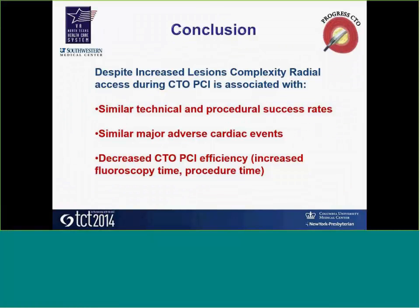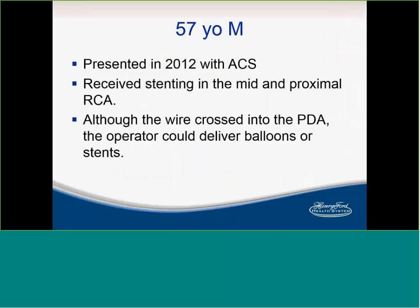Absolutely. And in conclusion, despite increased lesion complexity, radial access during CTO-PCI is associated with similar technical and procedural success rate, similar major adverse cardiac events, but decreased CTO-PCI efficiency because of increased procedural time. And as I said, this is still a moving target. So I'll be happy to entertain any questions. And I'm going to jump into presenting my first patient to the audience and get Manos and Subhash's